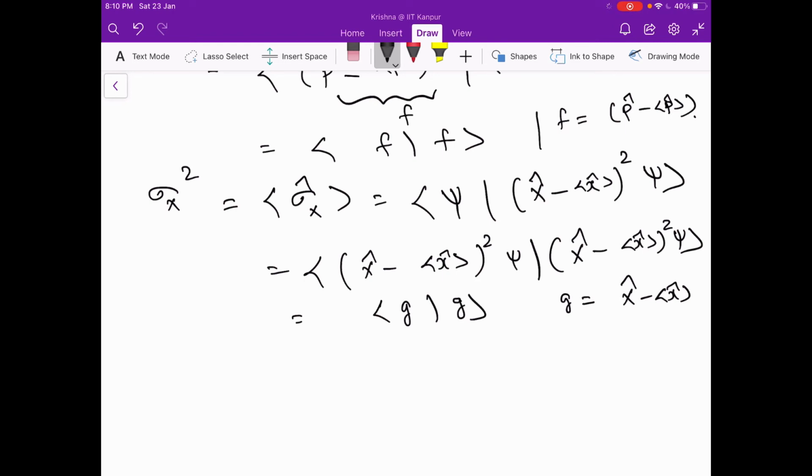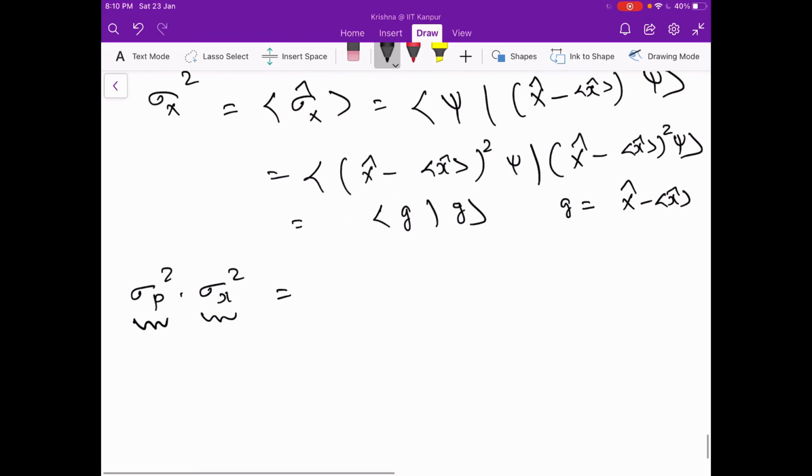I'm going to calculate sigma p square, sigma x square. The reason for this will become obvious. So sigma p is the variance in momentum measurement, and sigma x is the variance in x measurement. Okay, so we are just multiplying the variance in the momentum and the variance in position. I'm trying to get close to the Heisenberg's relation. Okay, so that's the reason why I multiply this,